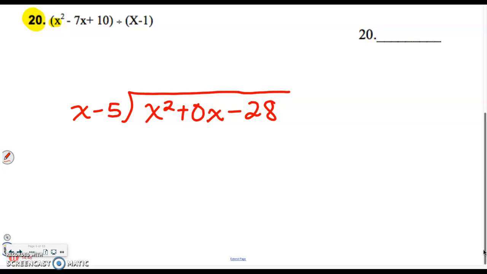But then we start the same way, Lily. You're going to do x squared, divide out an x, and you're going to get an x. Write it over that one. And if you didn't put the 0 in there, Lily, it'll throw you off. So watch that. Then we're going